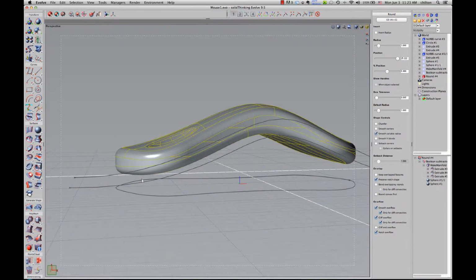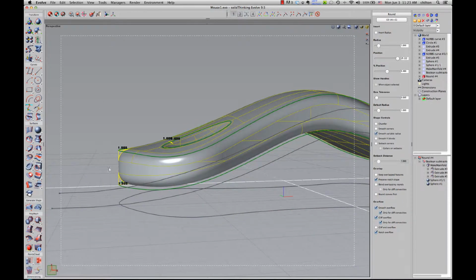And now I'm going to go ahead and decide that I really maybe don't want this round at the bottom. So to edit any of the parameters, simply press the space bar or click on the icon at the top left. And now you'll see that the parameters are highlighted and selected in this case. So I'm going to go ahead and just select this bottom radius, and I'm going to delete it by pushing delete on my keyboard. And in the modeling tool panel, I'm going to select go, which will now update the